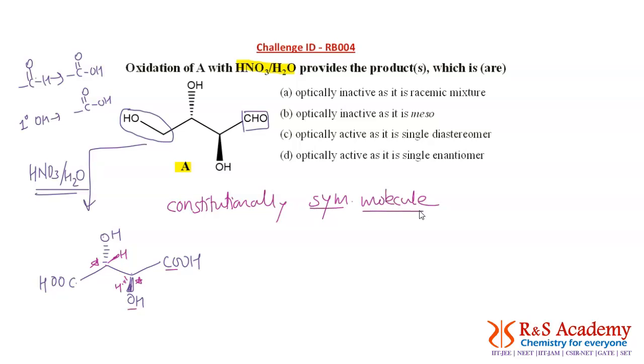So in such a molecule there is a chance that the compound may be optically inactive due to opposite chiral centers. It means one chiral center is going to be R, the other chiral center is going to be S. How to identify? Just give the RS nomenclature to this center. First priority OH, second priority is COOH. For this center I am giving the RS nomenclature. Third priority is this one. Fourth priority is hydrogen.